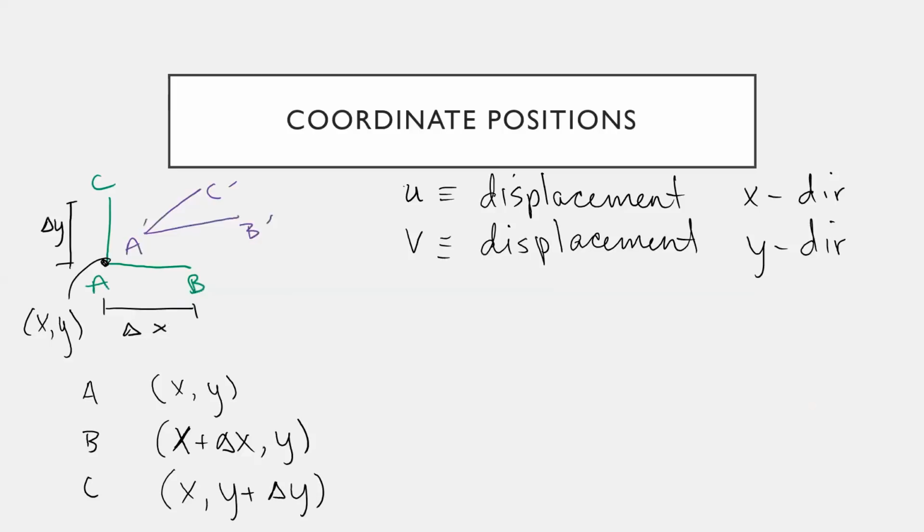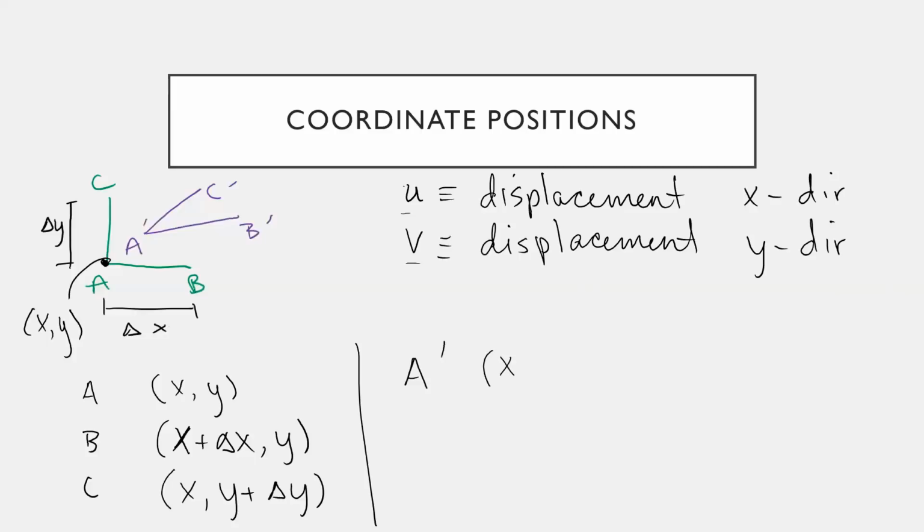Exactly, it's x comma y plus delta y. All right. So now A prime. We know where A is, and we know the functions U and V evaluated at A tell us how much A moves. So I can say that A prime,